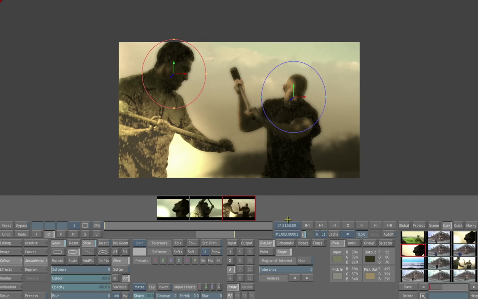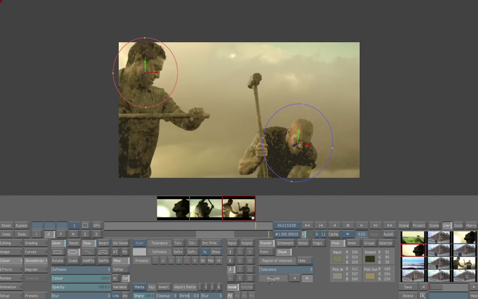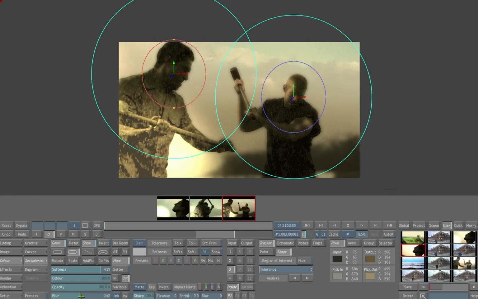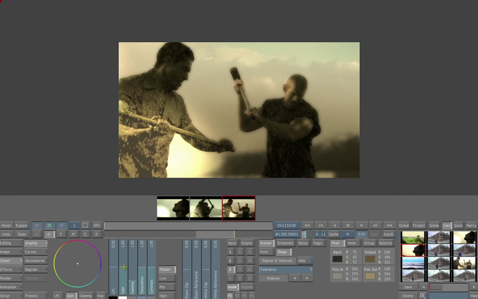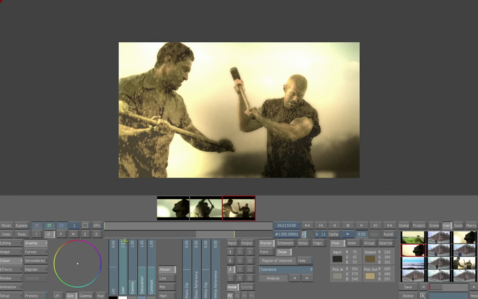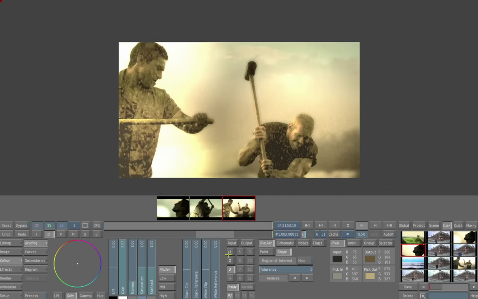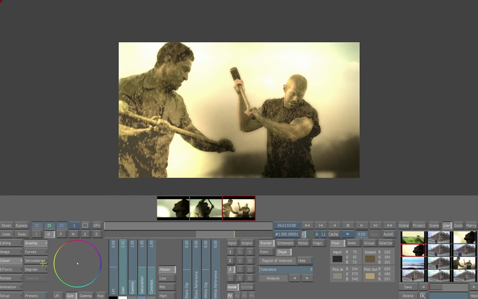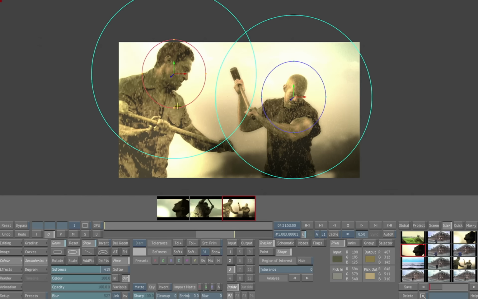He's kind of gone a little bit too dark. So again, just reminding you of the power of this shape system. We'll soften these two shapes way out, and also blur within them a bit, so we can soften that out. And then we'll go back and start to add a little bit more gain. So again, you can see that we're able to really enhance that area of the screen, right? So again, it's really simple to do. Maybe go back to our secondaries and blur these out even further,